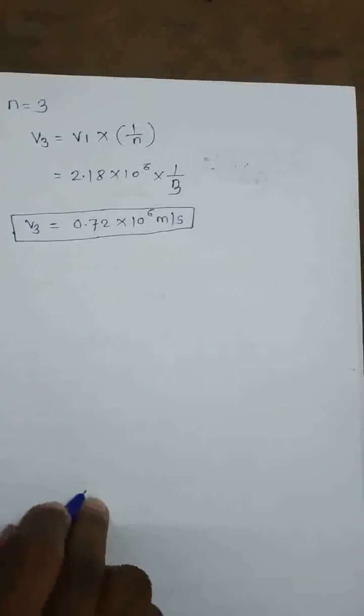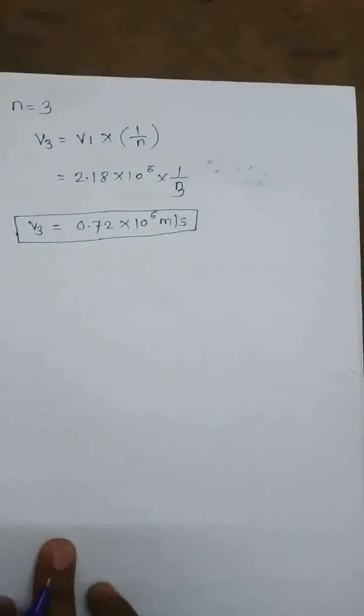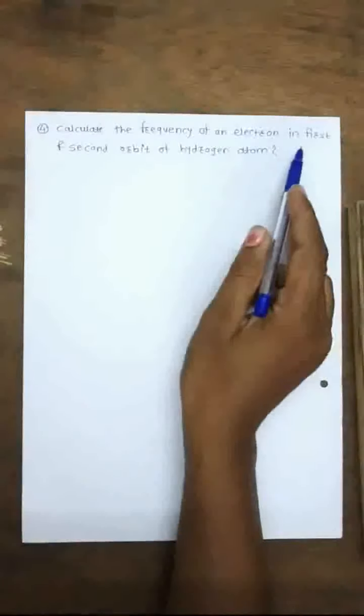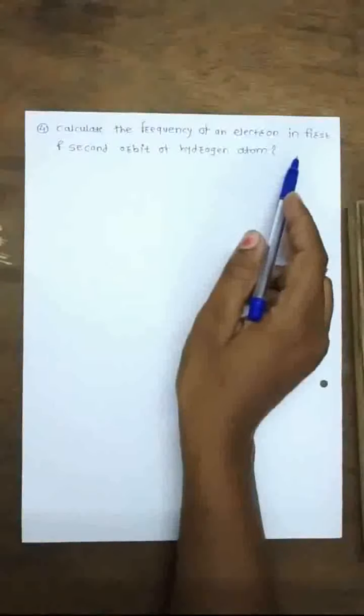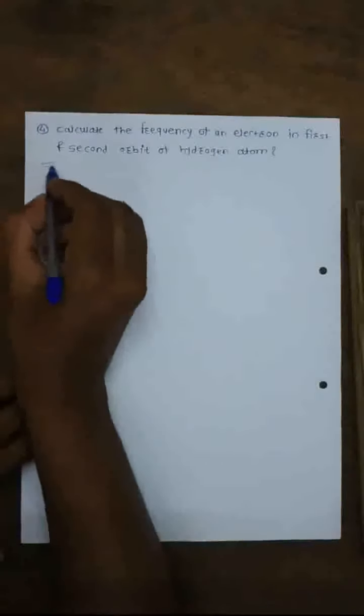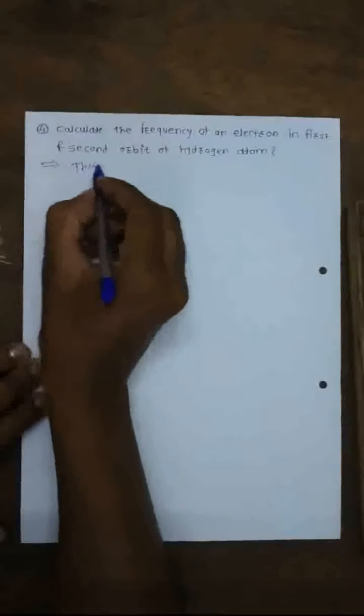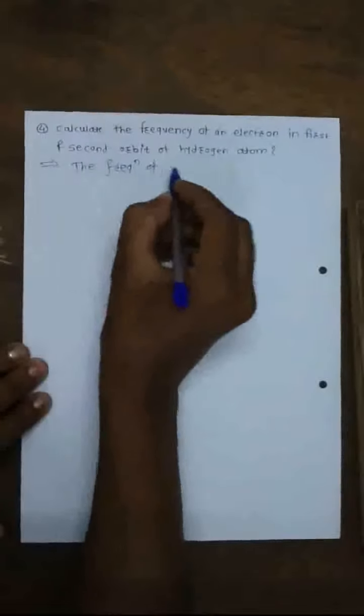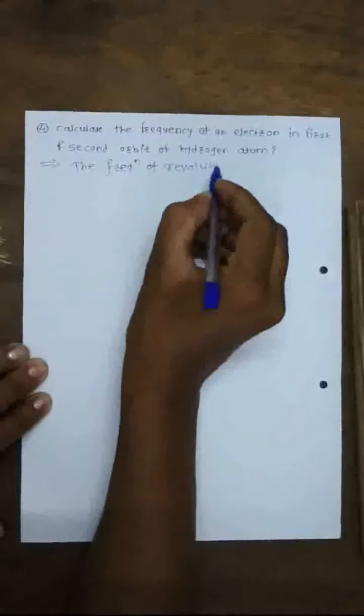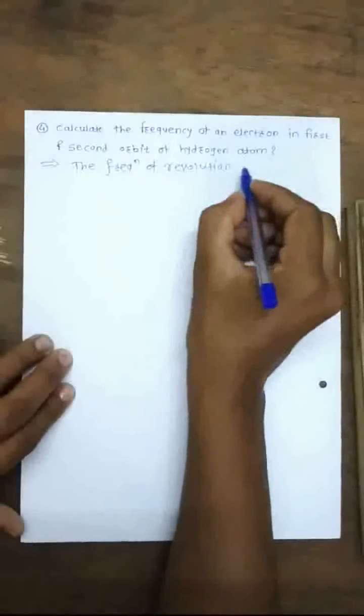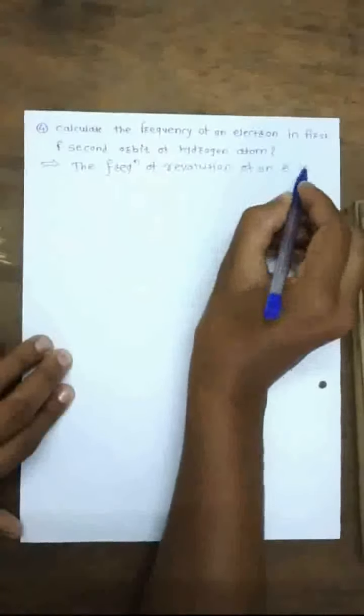Now, we will move towards the next problem. Calculate the frequency of an electron in the first and second orbit of a hydrogen atom. You know that we have the frequency of revolution. The frequency of revolution of an electron in the nth orbit is given by